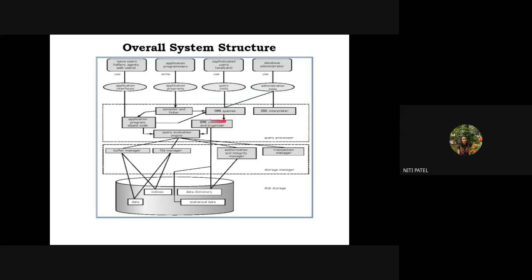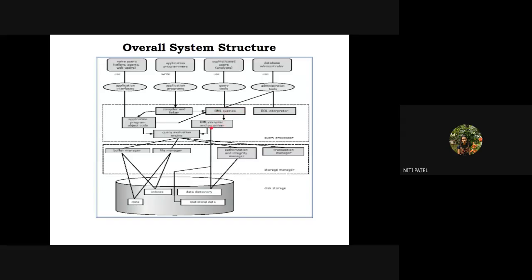What is the job of the DML compiler and organizer? It will compile all the DML code. What is there in DML? Manipulation. So I can update the data, I can delete the data, I can insert the data. So with respect to any database, if I am doing any DML execution, those DML executions are organized in this DML compiler and organizer. They are not executed there. Execution is not happening here. The DML query will do the execution, but who will store?